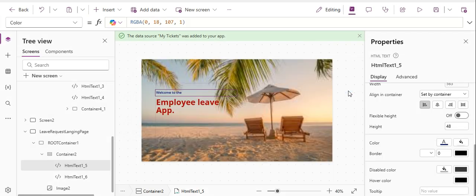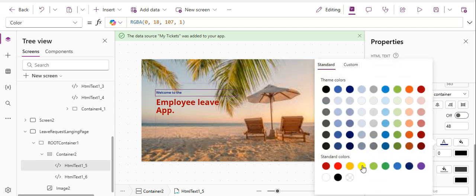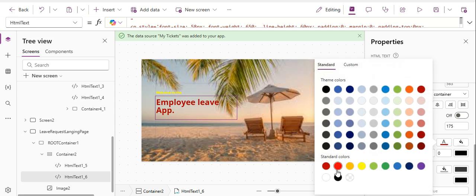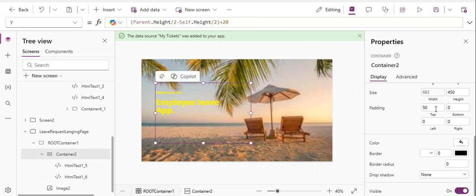All right, so it's trying to save. So color. All right, let's also try this as yellow and see how it looks. Okay, let me just add padding top so we can bring it down. Padding top 60. Let's make it 70. All right, so we can see